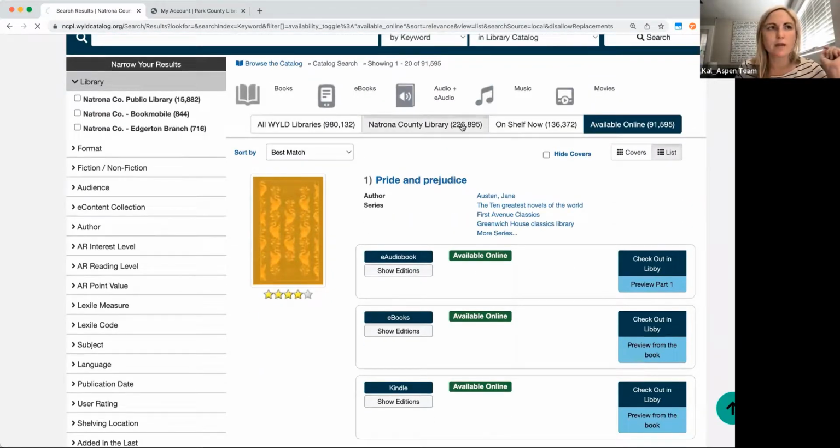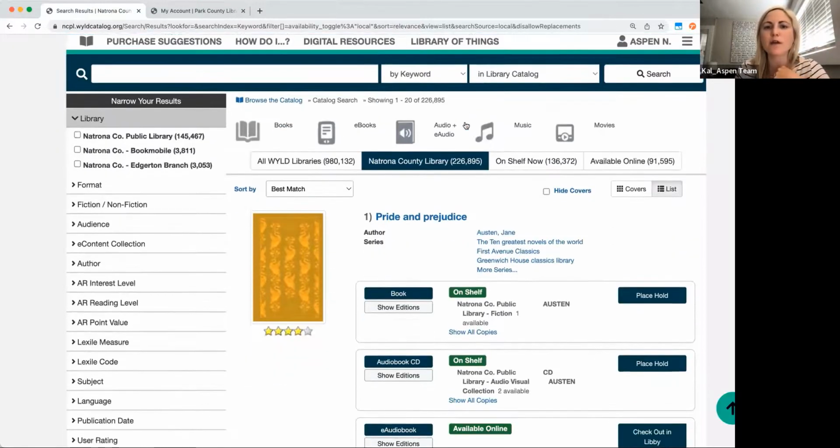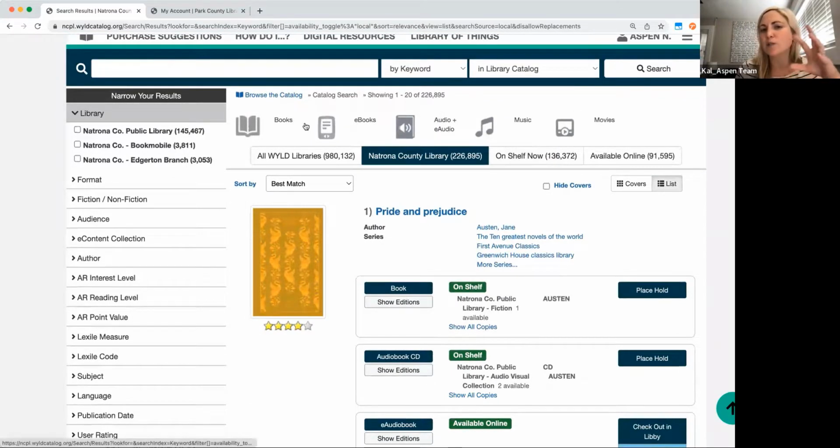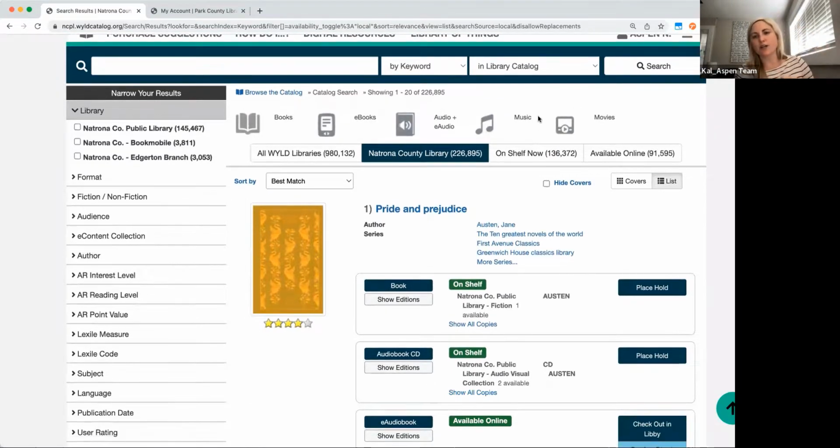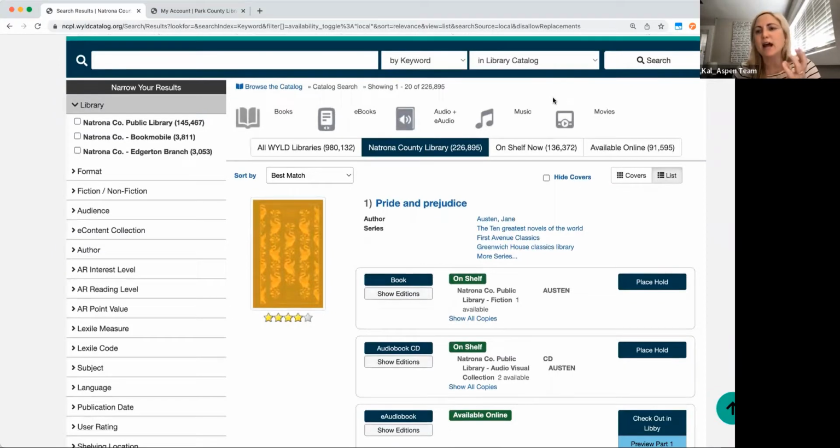So let me just click back into here. Okay, so then I also have these options here with these icons where I can look at, let's say I don't read books, I just want to stream, or I just want to see an e-video, or maybe a DVD or a Blu-ray disc. Those would all be grouped together by the type of way I'm going to consume that thing.